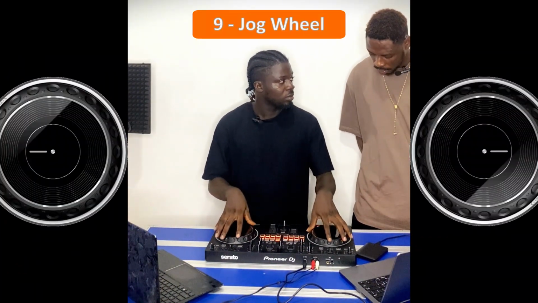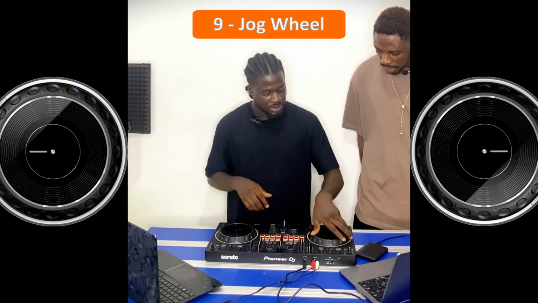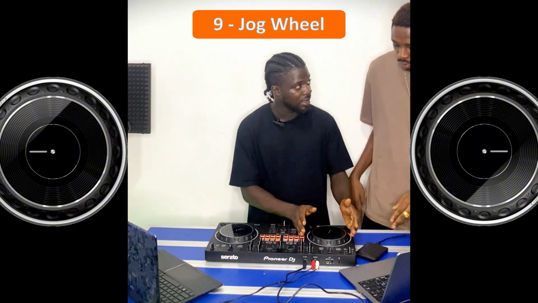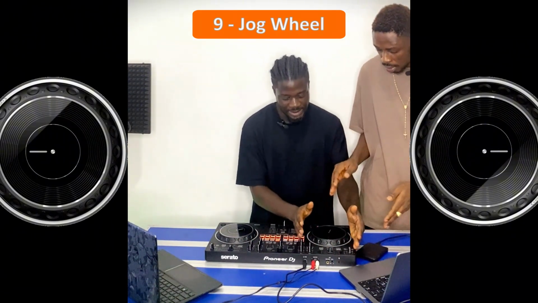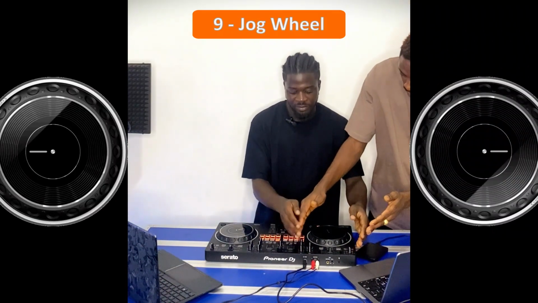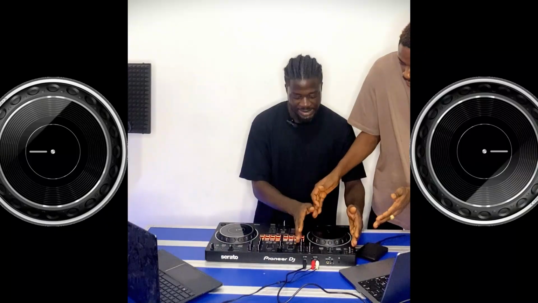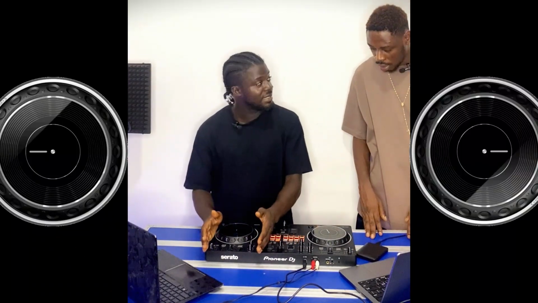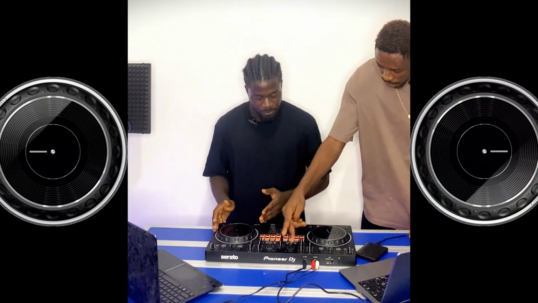These two things that you see here. What you said is the deck. Yeah, this is the deck one. This whole part here. Everything on this side, you can see from this section, this high, mid, and low. Everything on this side is for deck one, and everything here is for deck two. And this is the mixer.